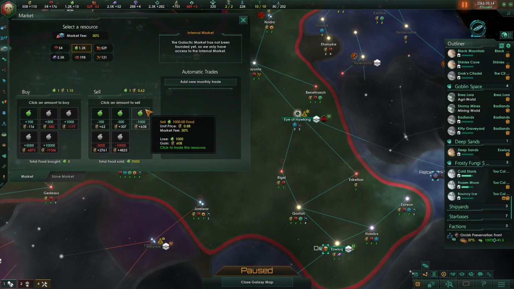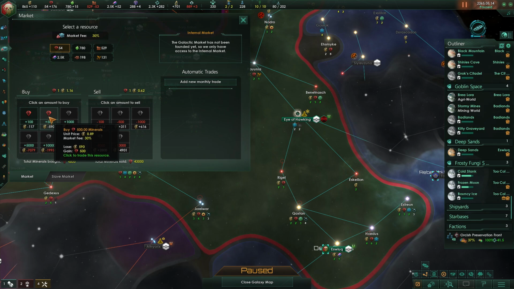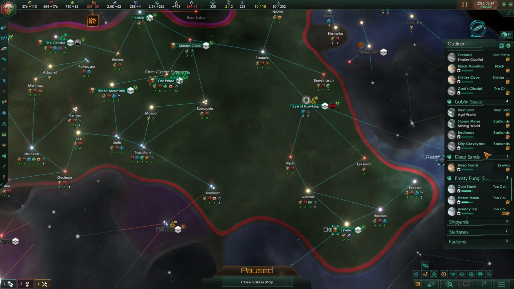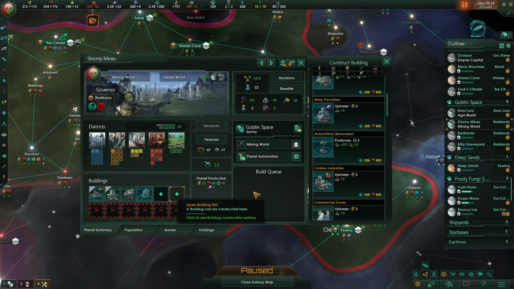We could sell some food, I suppose. We don't really have much to sell. And yeah, just buy enough so that I can get this last thing constructed here. So you guys know we got that tech for the zoos last episode, and I was telling you that I